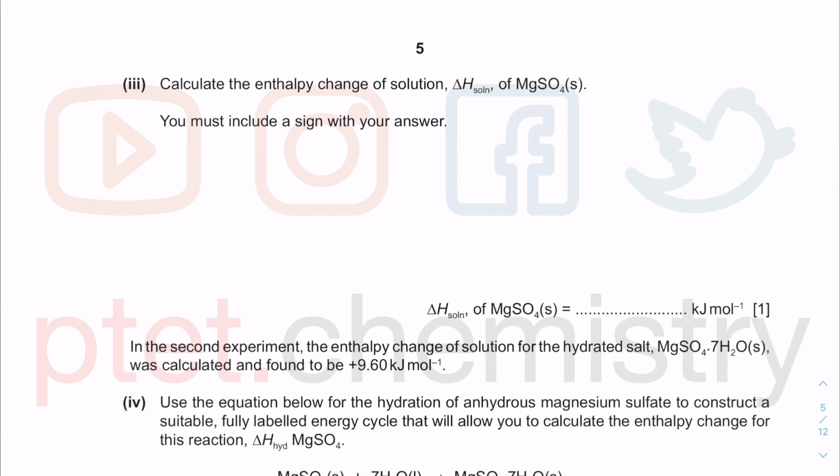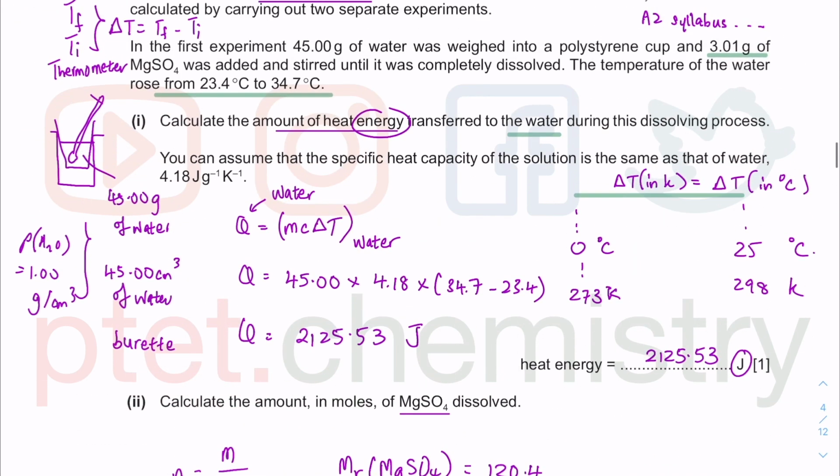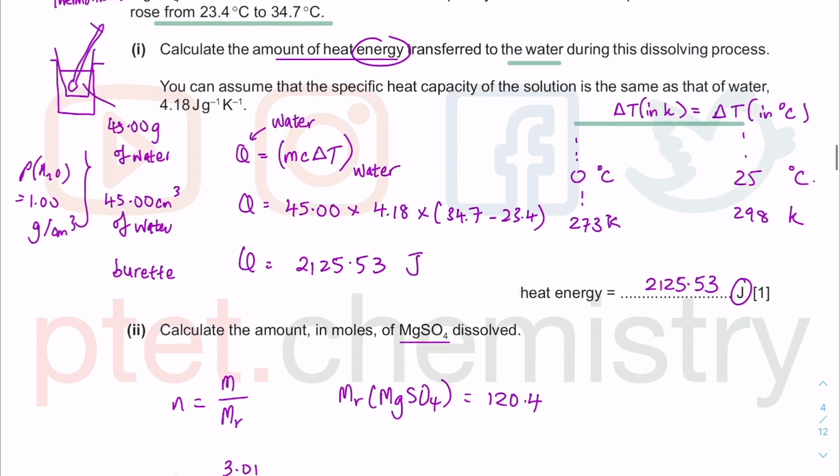Calculate enthalpy change. You must include a sign. The moment you talk about enthalpy, we must already have a sign. We knew that the temperature rises. That was what we were told. The water is the surrounding. If the solution rises in temperature, that's because the reaction gives out heat energy. So